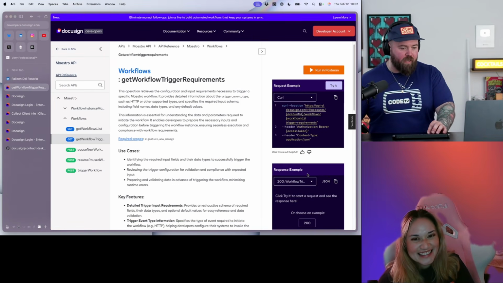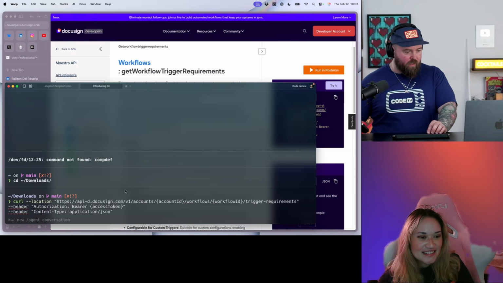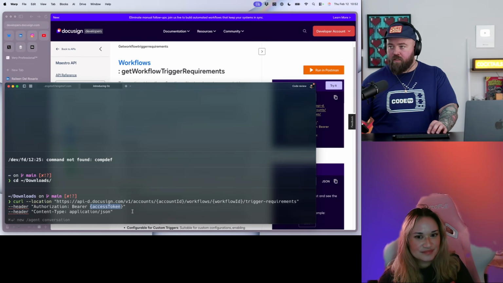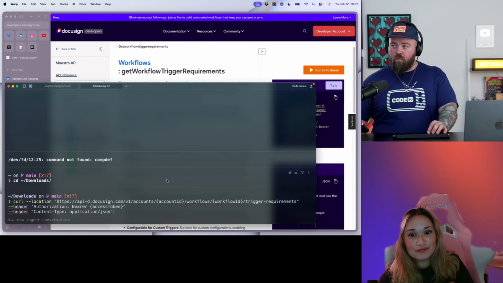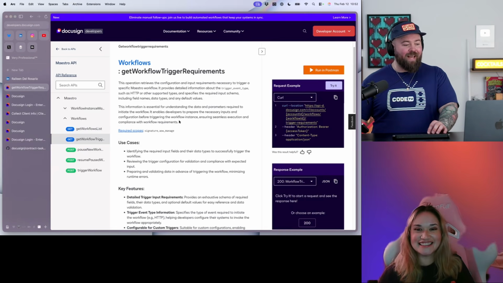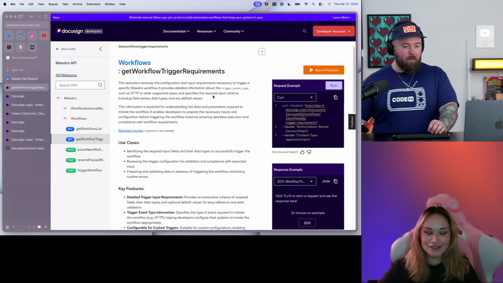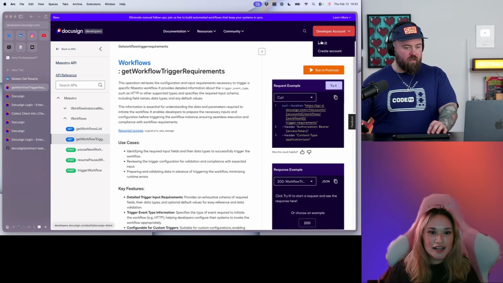I need to get my access token though, which I don't have. But what I can do is paste this part here, and we're going to need an account ID, a workflow ID, and then an access token. And I assume I cannot show this access token. They are JWT, so they expire very quickly for us. At least when I do this, it's gone pretty quickly. So it's always like JWT expired, sorry, get a new one. So yeah, you can show that one. We can delete it right away.